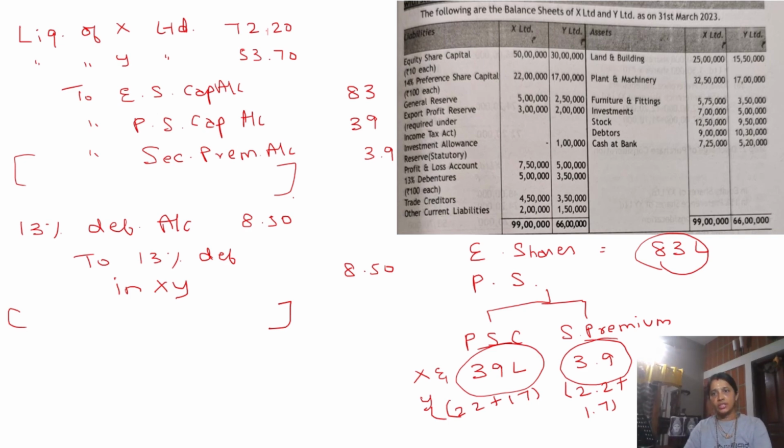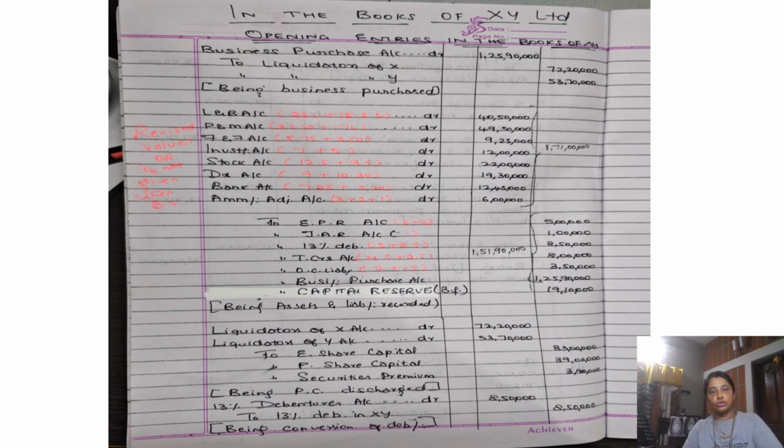books of XY. So if you look at all the entries put together, you can just take a screenshot of this and then you can analyze the situation accordingly. So the first entry was business purchase account debit to liquidators of X and then liquidators of Y. This is with respect to total PC. Then the second entry is transferring all the assets and then all the statutory reserve and outside liabilities in the